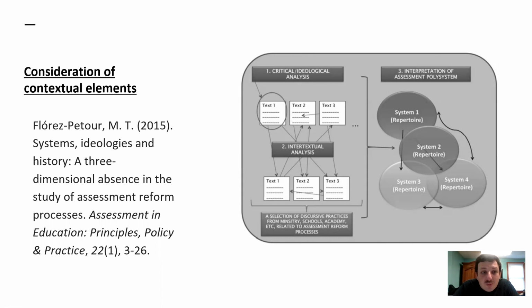Consideration of contextual elements. Teresa Flores, she's a researcher from Chile. She is great. She has been doing a great job in Chile, actually. From her, I learned this idea of doing an analysis about context and about discourses, and about what's the context in which the test is going to be used. Her dissertation actually was an analysis of discourses around the test used for school accountability in Chile. And she did this beautiful work of a three-dimensional study,